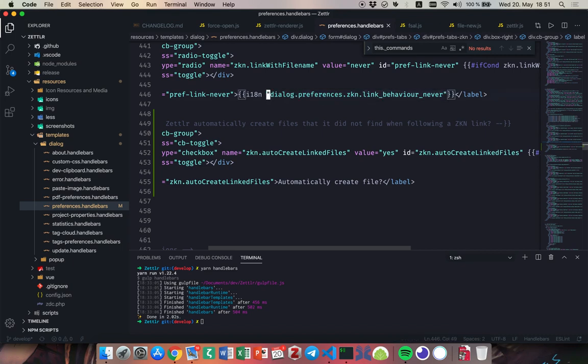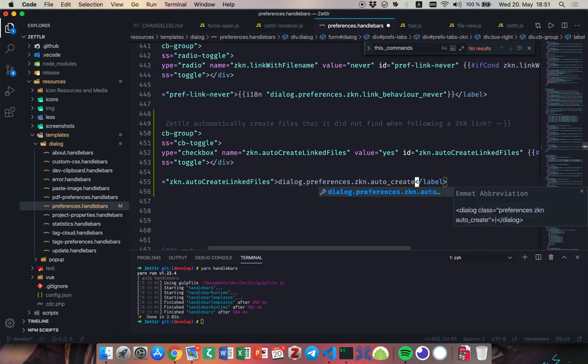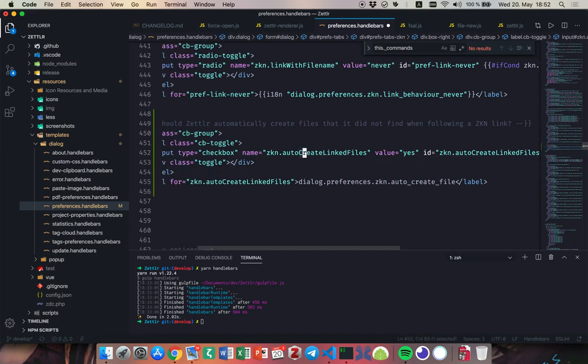I think what would be appropriate here is, let's just say, just notice that these are not in camel case, but in snake case. Snake case, camel case. In JavaScript normally you have these inside capitalizations, but here for the translation, I don't know why I started this, but it's very consistent, and please stick to this if you have to create multiple words. And then just take this and wrap this inside a custom handlebars helper that I wrote called